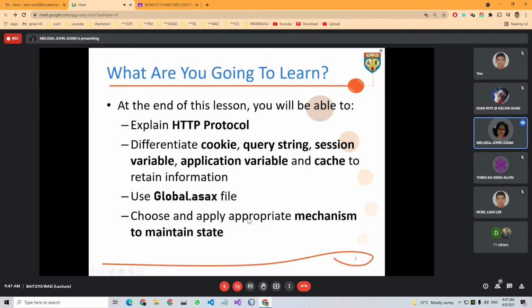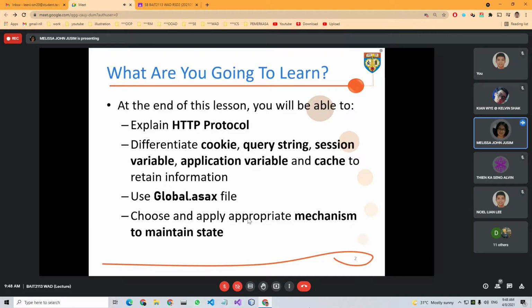The topics that we will cover would include the very basic HTTP protocol, but I'm sure you are all very familiar with HTTP protocol already. You have been introduced to this protocol since year one, for a diploma as well. In what other courses? Yeah, your computer network, right? So what I'll do is perhaps just do a recap on the HTTP, and then move on.